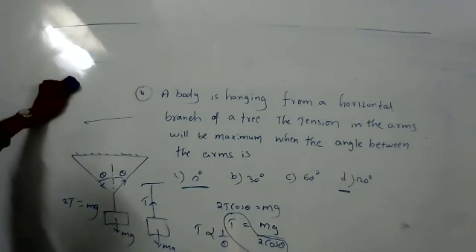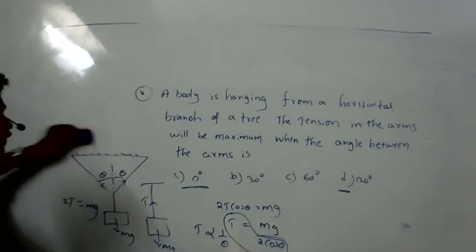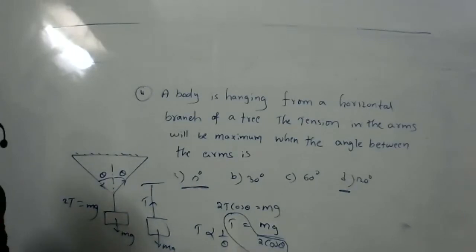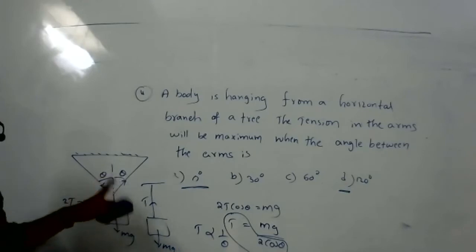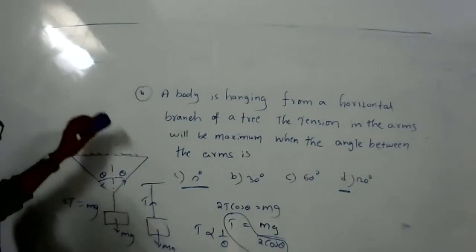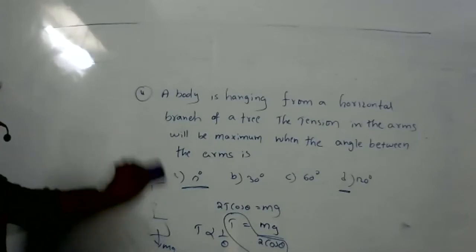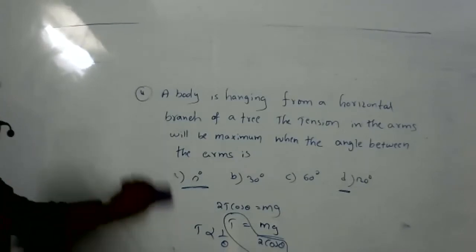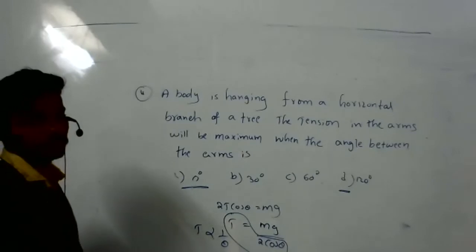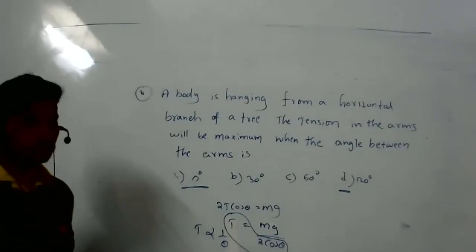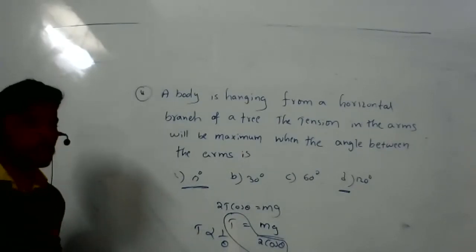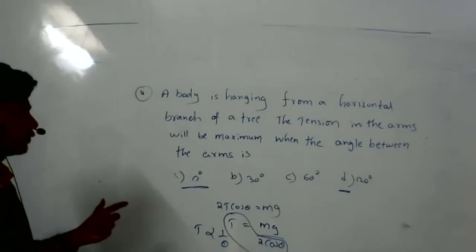I saw one figure online. It showed only one arm. One arm, okay. It means two arms are together. How much answer have they given? 0? The answer is 120 only. He's telling 0, but all the other sides are telling 120. Only there's one side where it is 0 degree. So that is wrong.